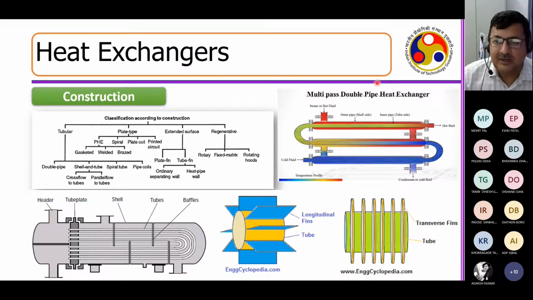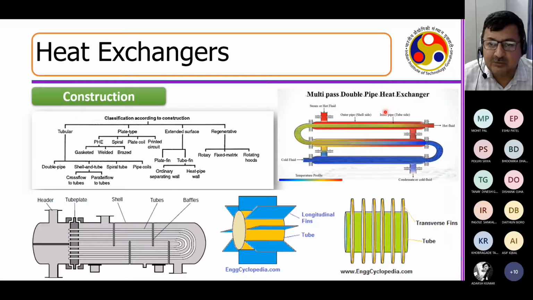Let us focus on this. When heat exchangers initially started, they used to be double pipe heat exchangers because it is very easy to construct. It's a very simple heat exchanger. But over a period of time, people understood that these heat exchangers will be extremely long and not that efficient. So people started constructing more compact heat exchangers. One of the first compact heat exchangers that came out is called the shell and tube heat exchanger. So what is the architecture here?